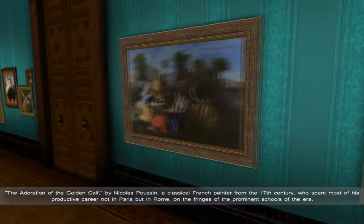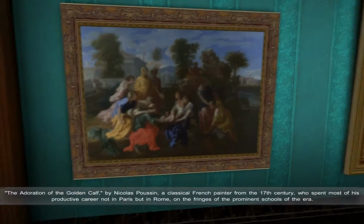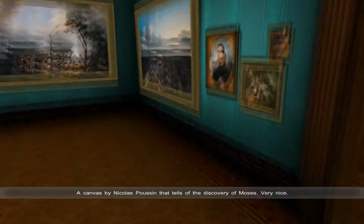The Adoration of the Golden Calf by Nicolas Poussin, a classical French... A canvas by Nicolas Poussin that tells of the discovery...